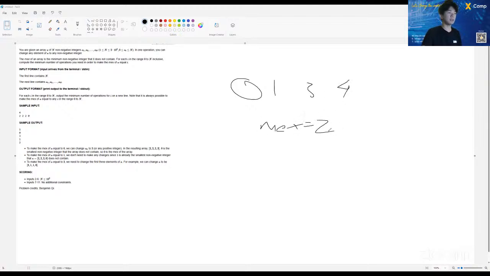Any array that doesn't contain 0 obviously has mex equals 0, because 0 is not there, right? So basically you go from 0 to whatever number, and you keep counting until you find a number that's not there. That's basically what a mex is. And for this problem, the issue is that